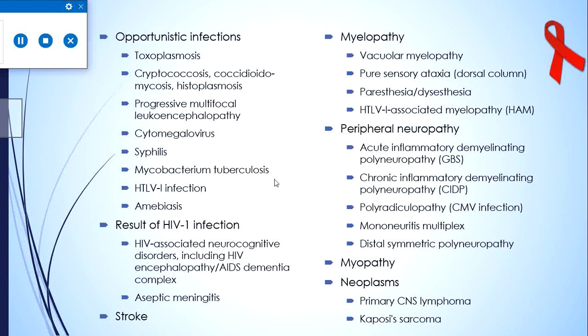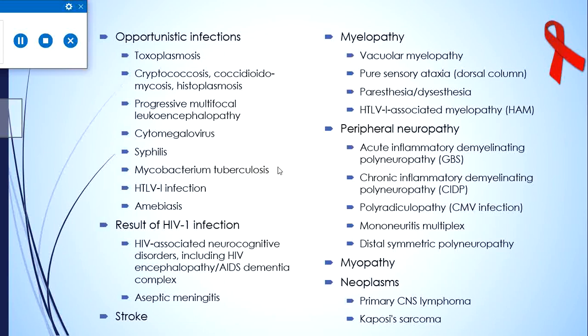Then aseptic meningitis can be caused by HIV itself, where we have increased protein and pleocytosis of the CSF and evidence of virus in the CSF, but other pathologies are not detected, so it is meningitis caused by the HIV virus itself. Chances of getting stroke are also increasing in these patients. This is probably multifactorial. For example, it can be due to vasculitis, which can be from infections or immunological manifestations,